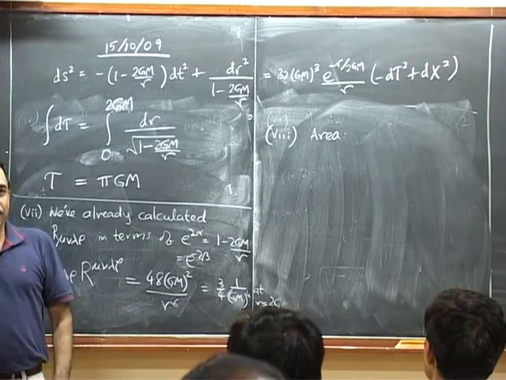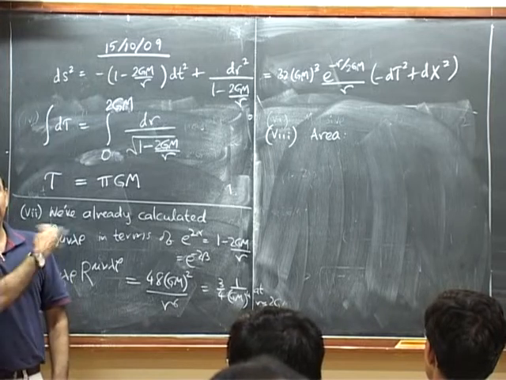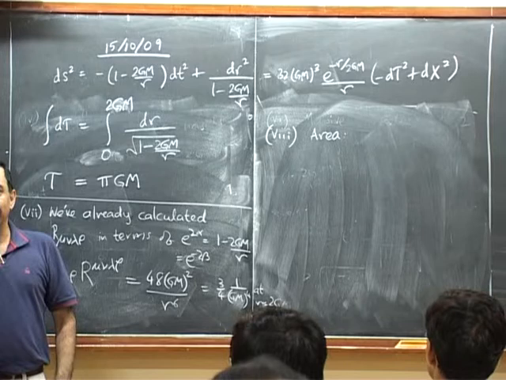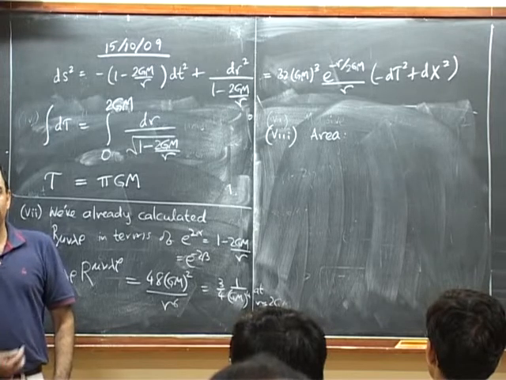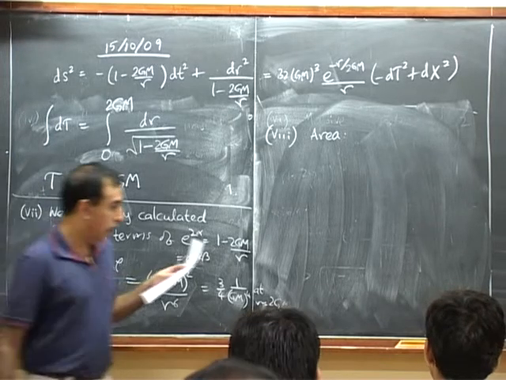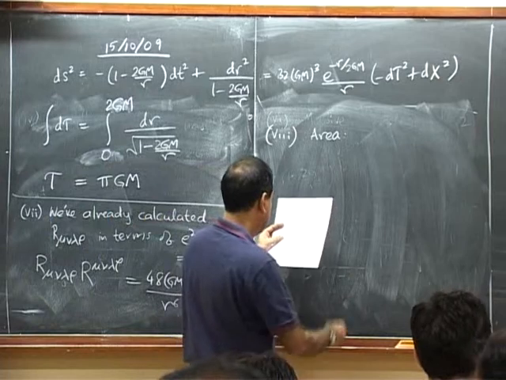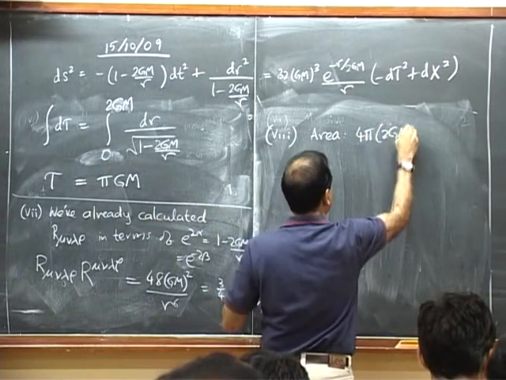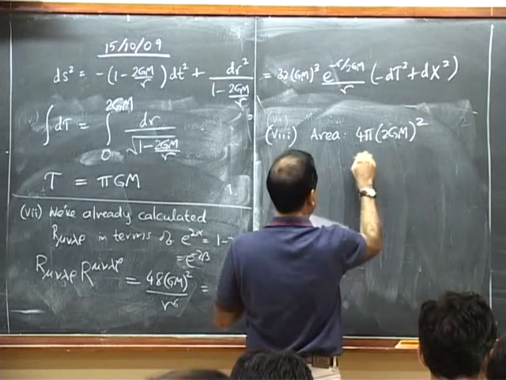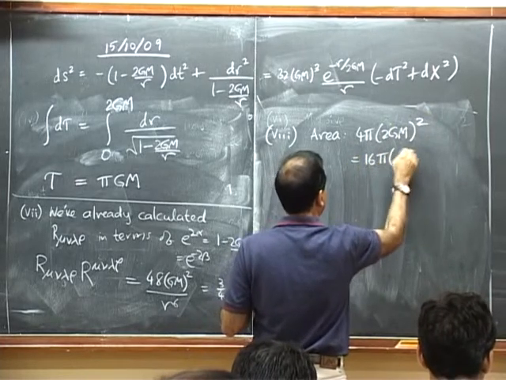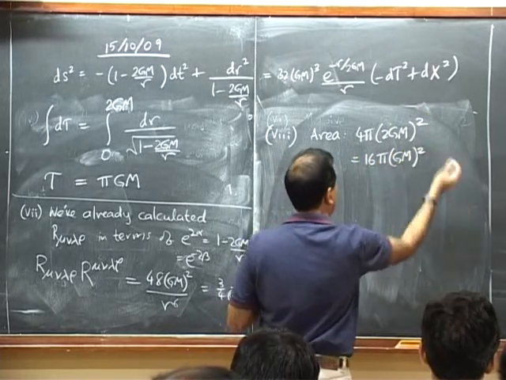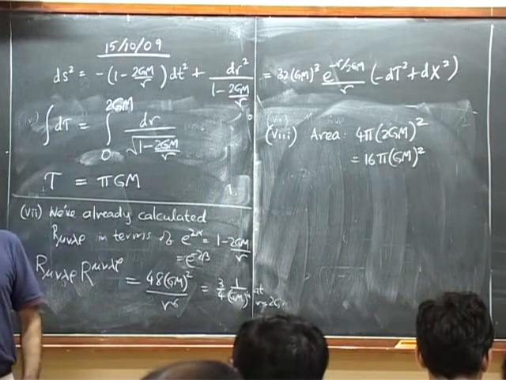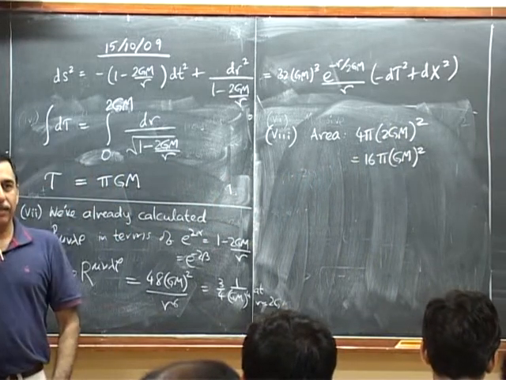Now, the surprise, in a way, though we always knew it, is that the metric isn't doing anything in theta and phi. It's just whatever it should have been for a radius r equals anything, in particular 2GM. So the area of this horizon is nothing but 4π(2GM)², and that's 16π G²M². What we learn, interestingly, again not a surprise, is that the area increases with the mass.